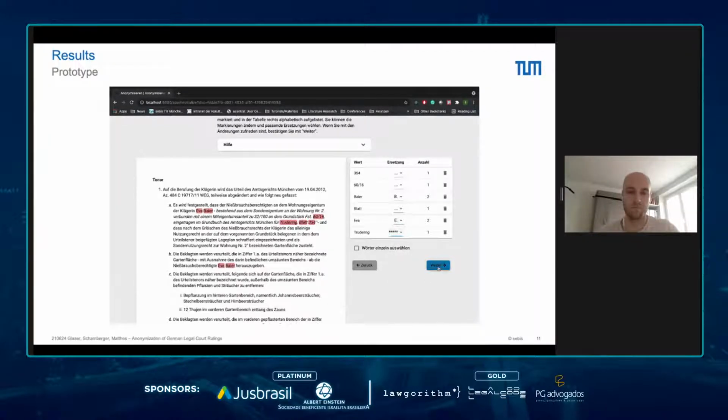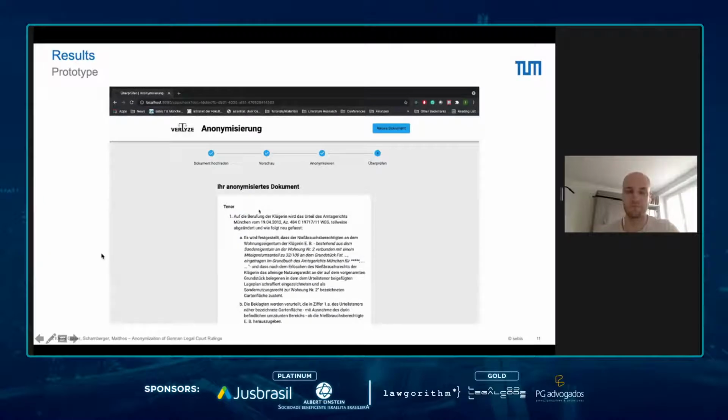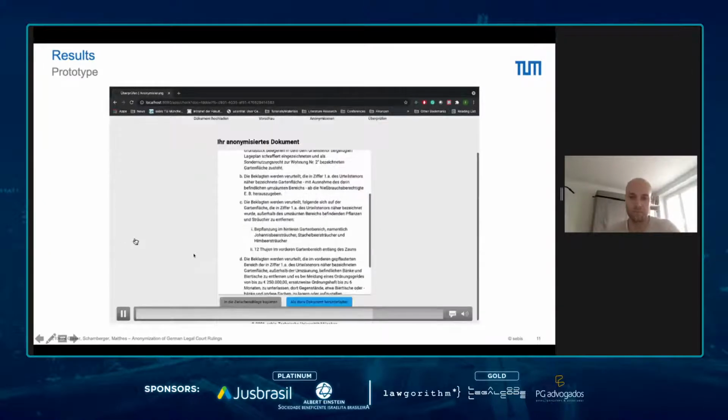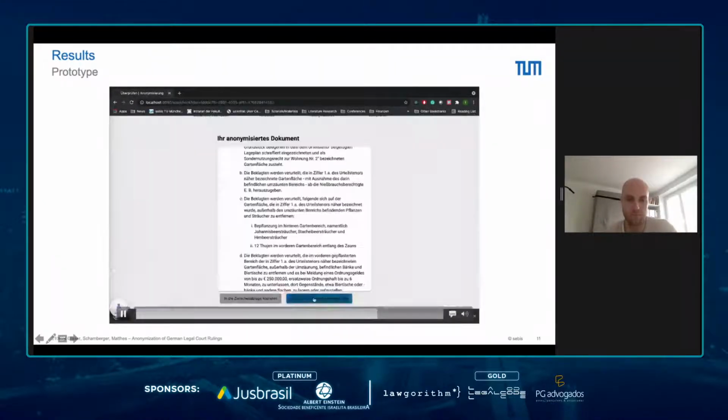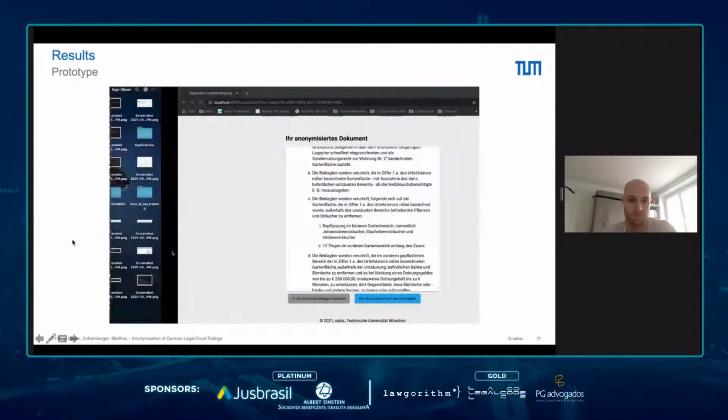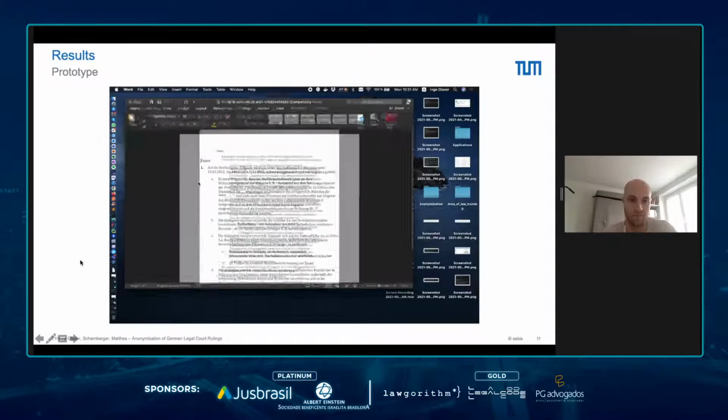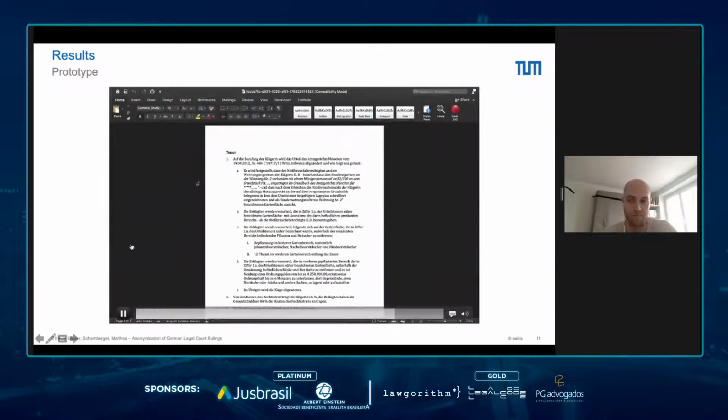Now, if we press continue, we get our anonymized court ruling. We can also download this, and then you can see that we actually have our structured information back. So this is now the anonymized verdict, which could now be handed to the outside. You can see here the plaintiff is replaced, true bearing has been replaced, and Flurstück, for instance, as well. So yeah, thank you very much.